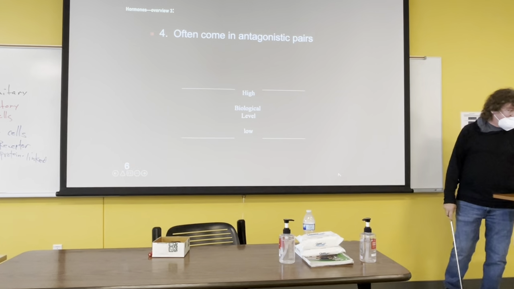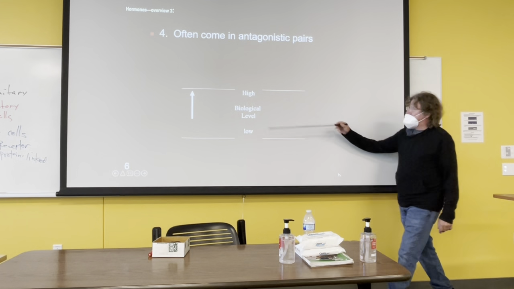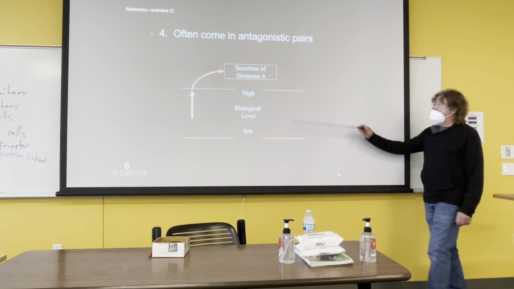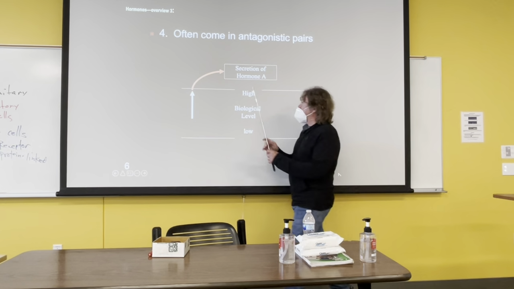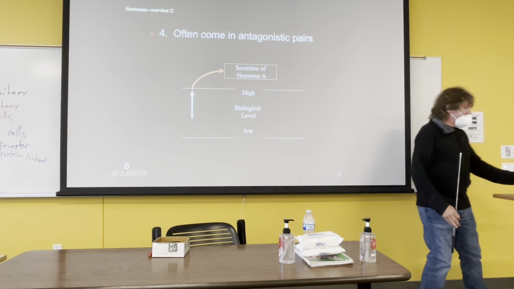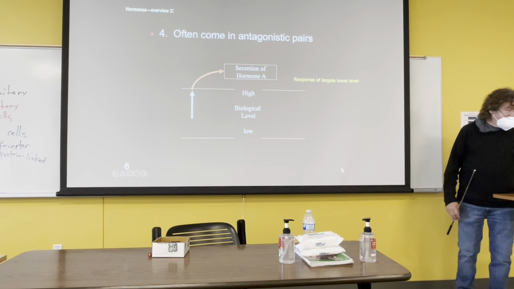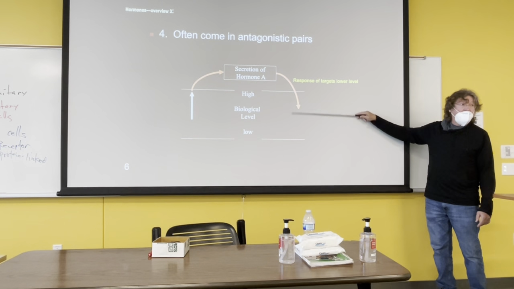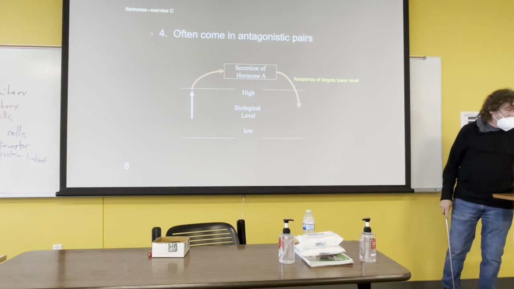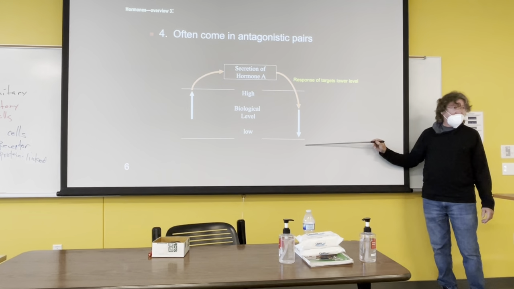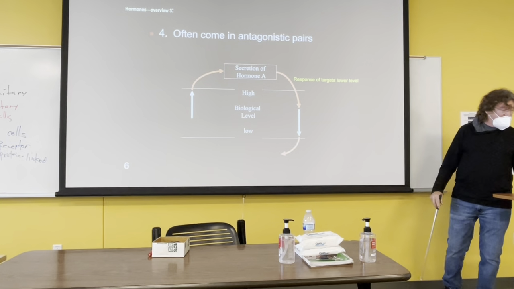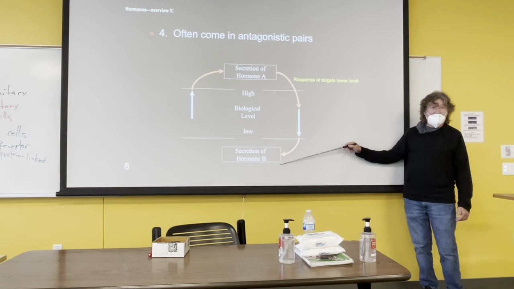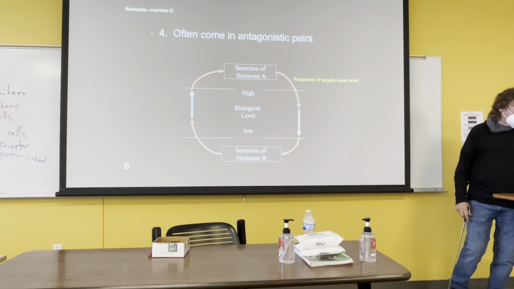And so something happens here that the activity happens to increase above a certain threshold. Then this stimulates a gland to release a particular hormone, the targets of which respond in such a way to bring the physiological level back down into homeostasis level. If, on the other hand, the activity drops below a certain threshold, this triggers usually a totally different organ, a totally different gland to release a totally different hormone that may have similar types of targets or even different targets,